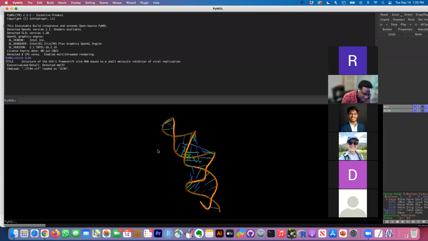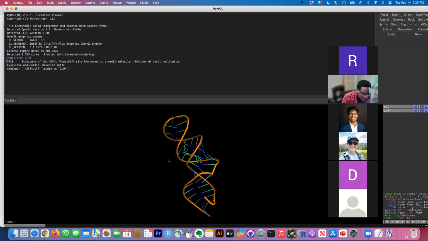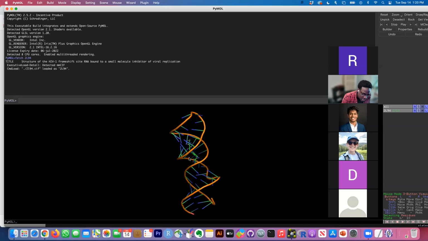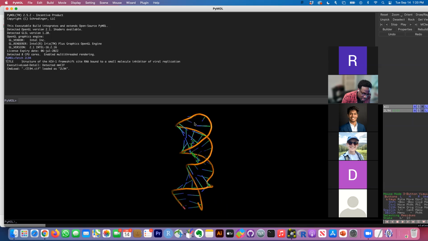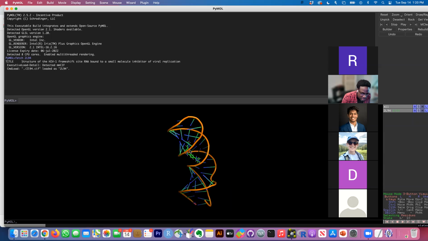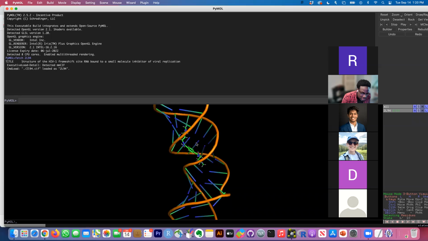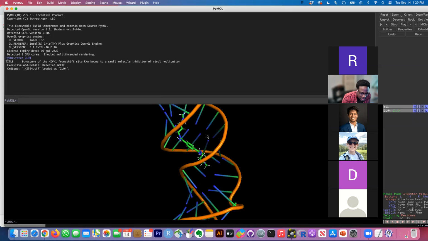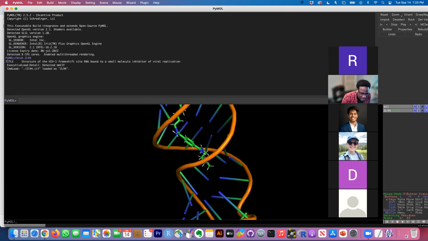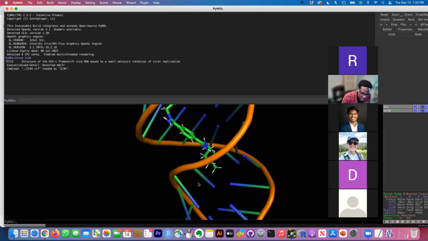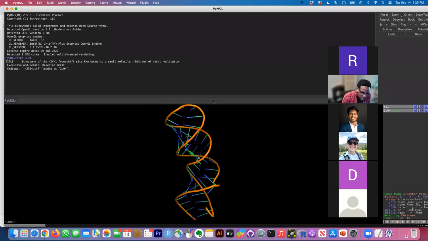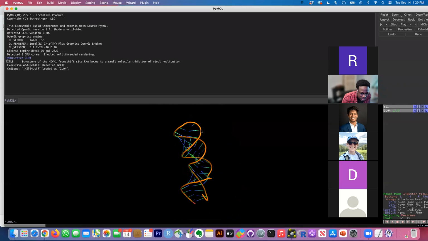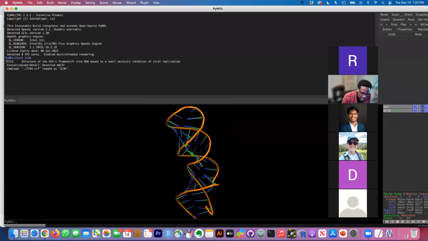Like we did in the 3D viewer on the RCSB, you can rotate this molecule from left to right, you can move it up and down, and you can also zoom into the molecule. In my case, I'm using my trackpad, using two fingers pressed down, and scrolling to zoom. Moving my two fingers up zooms out,